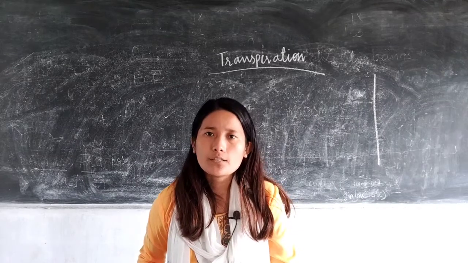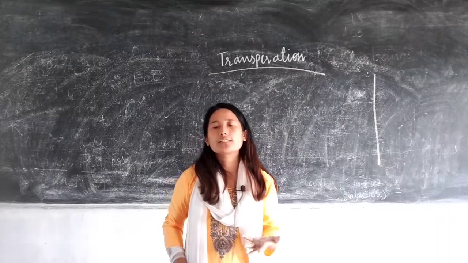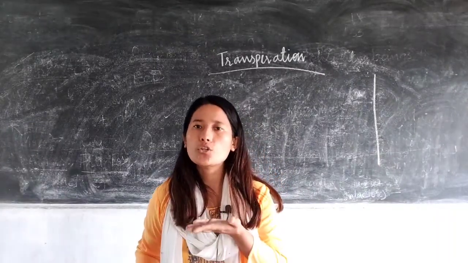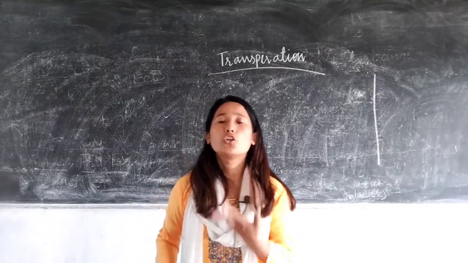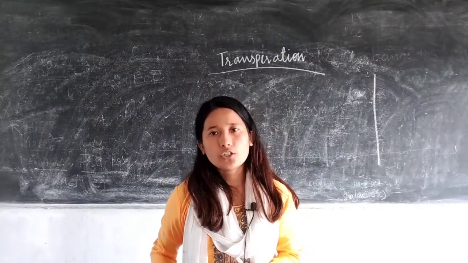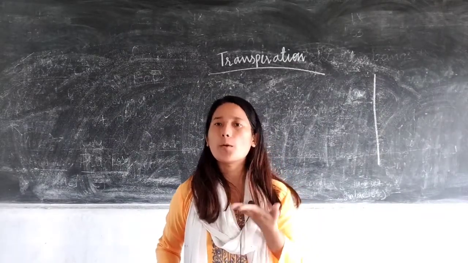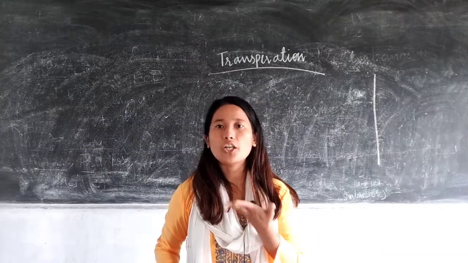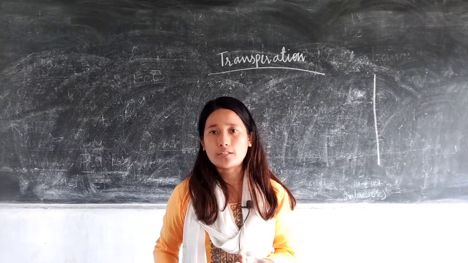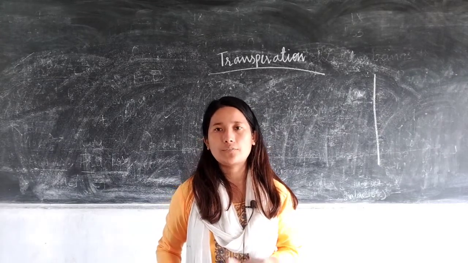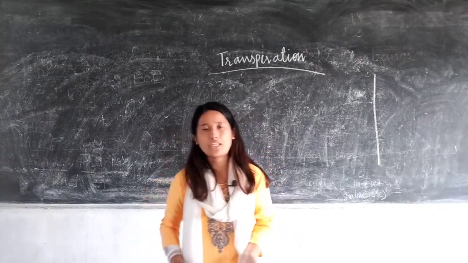The aim of the experiment is to prove that the dorsal side of the leaf, that means the lower side of the leaf, contains a greater amount of stomata, because of which more transpiration occurs through the lower, dorsal side as compared to the upper, ventral side. Okay, the unequal loss of water from the two sides of a leaf, upper as well as lower, is what I will be explaining today.